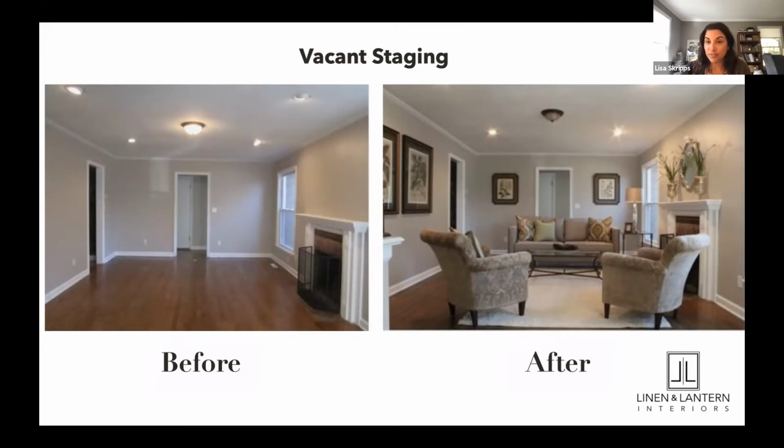Although I have worked with occupied sellers where they might have just one room, and we are able to sometimes move furniture from one room to another. Sometimes the realtors have furniture that they can add to it as well, and it saves the seller some money, and we can still make the home look presentable. The big thing about keeping rooms empty is that buyers have a very difficult time envisioning an empty